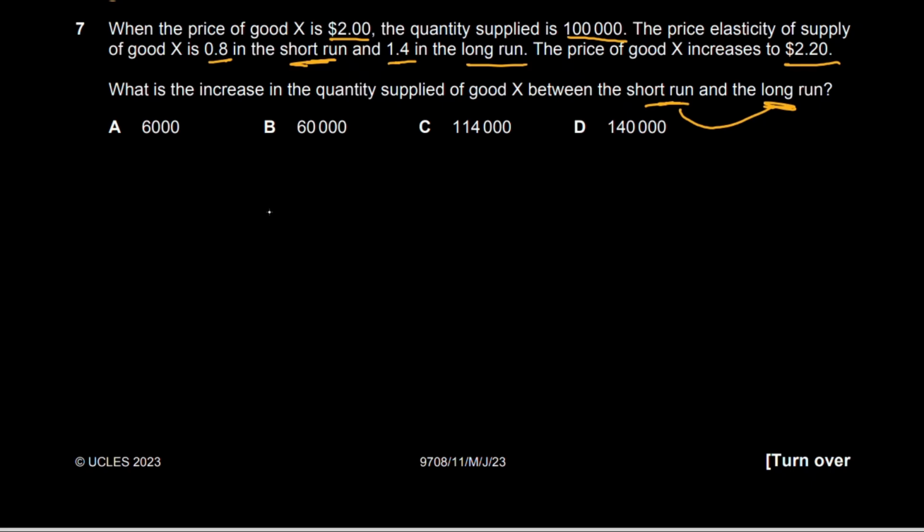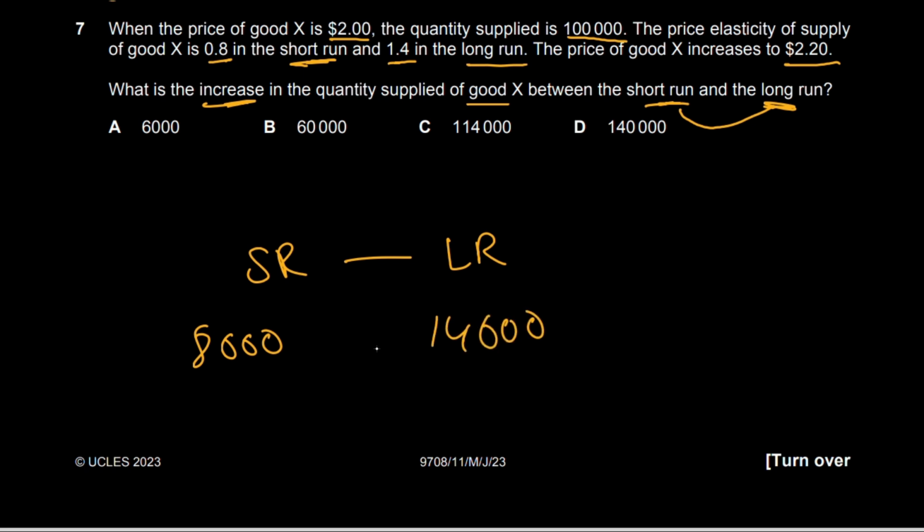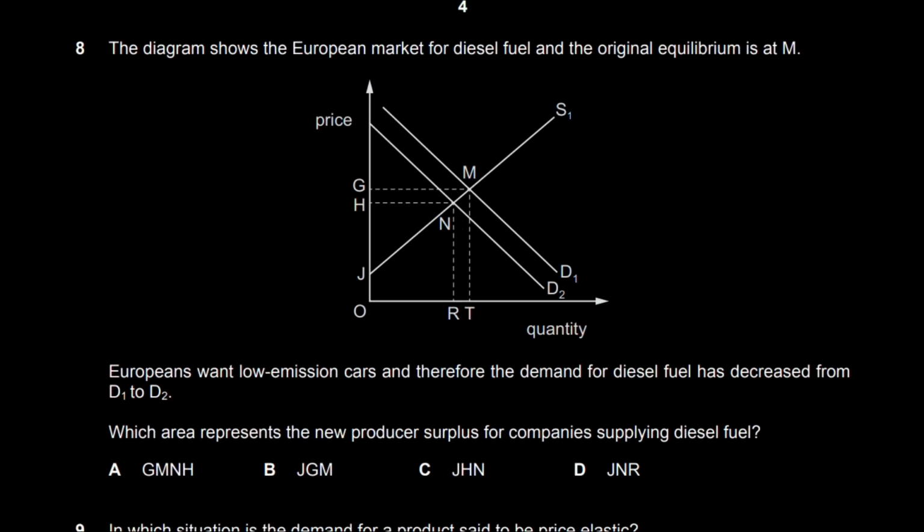The question was asking, what is the increase in the quantity supplied of good X between the short run and the long run? In our short run, we had an increase of 8,000 units, while in our long run, we had an increase of 14,000. If we find the difference, that will give us 6,000 units. Hence the answer is A. It was a bit tricky question, but you just need to apply simple math, and inshallah it will be easy. Question number 8. Question number 8 states, the diagram shows the European market for diesel fuel and the original